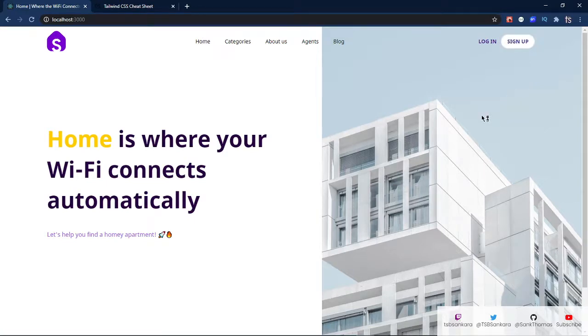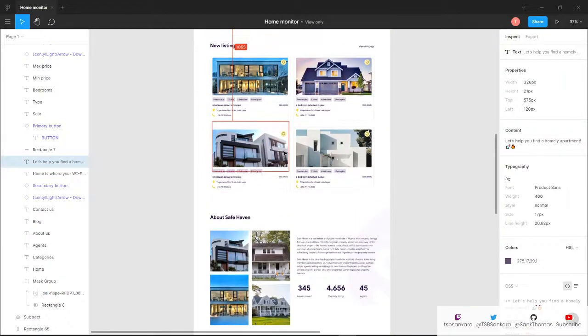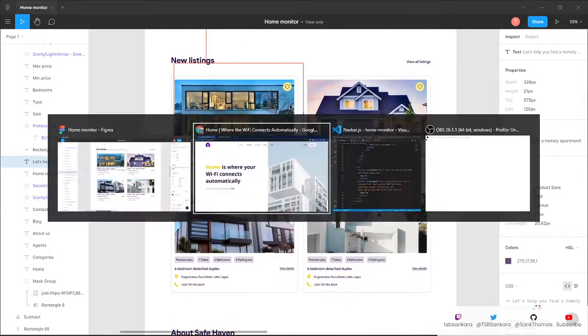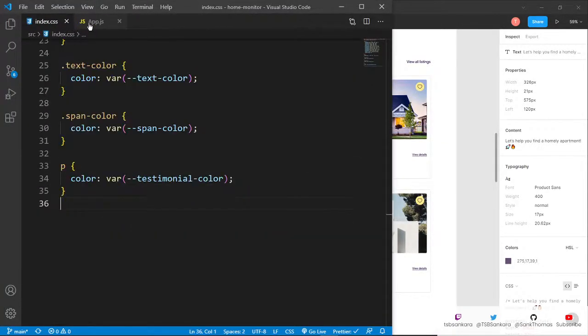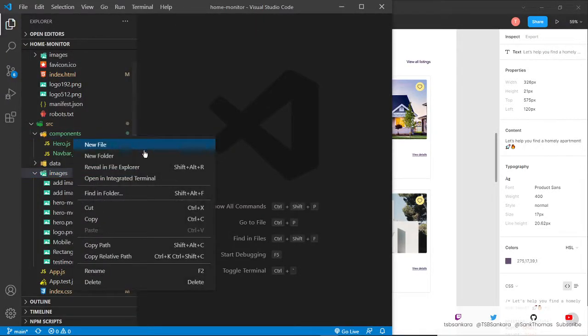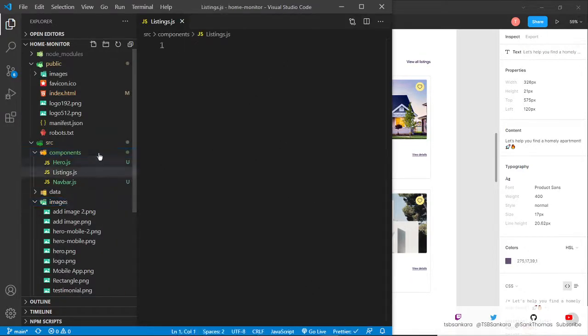Not bad, not bad. And then we can finally move on to our second page, which is basically our listings page, as you can see right there. So for our listings, I'm going to create a new component. So I can close this down, and then inside my components, I'm going to create a listings JS, so capital L, remember it's capital L, and